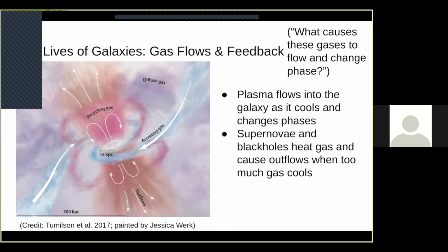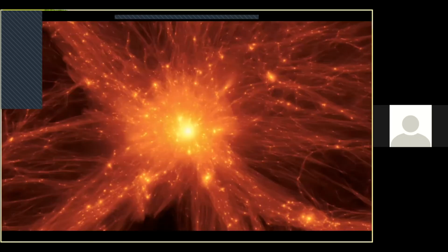But this is not a complete picture. There's sort of an extra component that's lurking underneath the surface that we haven't talked about, and that's dark matter. So in our current theory of the universe, we believe that most of the mass in the universe is in the form of an invisible collisionless substance known as dark matter. And that this dark matter is collected into massive structures, many, many times the size of a galaxy, called dark matter halos.